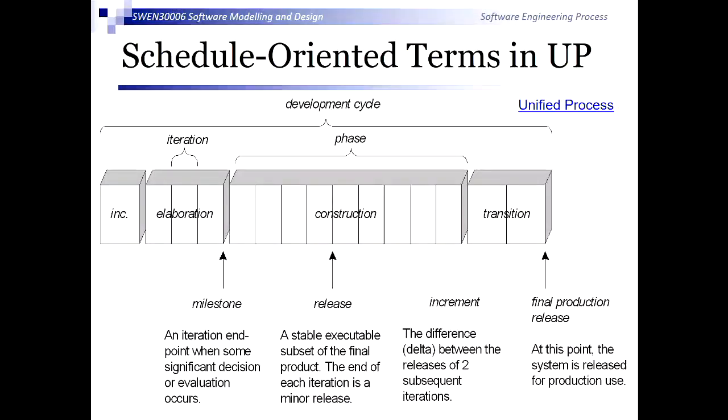So, as I said, we're going to talk about the design context here, and in order to do that, we need to be able to look at software engineering as a whole so that we can describe that context. And in order to do that, we're going to use the language of the unified process. This slide has a whole lot of schedule-oriented terms that come from the unified process, and many of these will be familiar to you, and many of them get used and sometimes incorrectly used. I'm not going to spend a whole lot of time going through these, but it's a useful reference to terms you